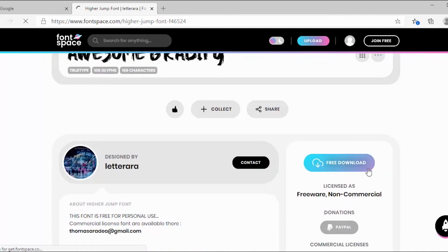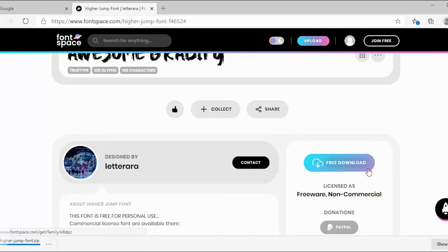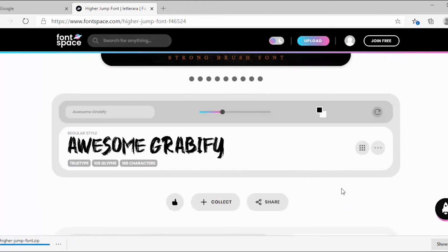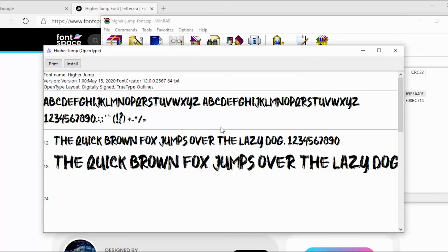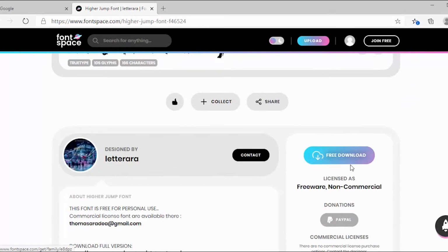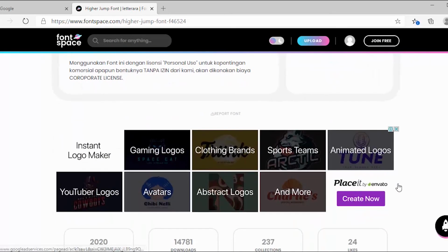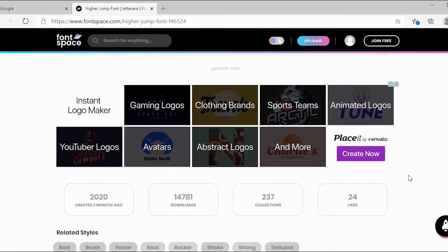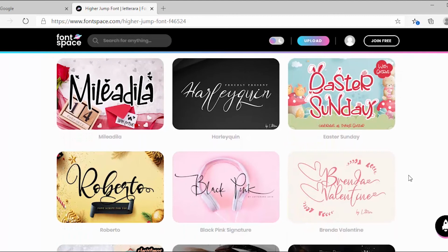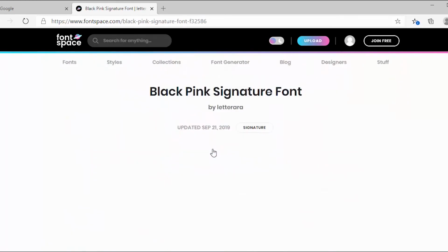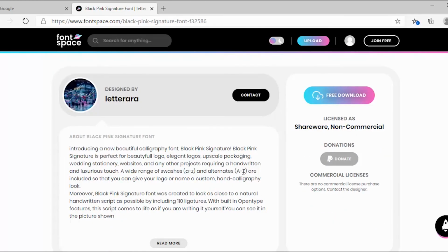You can click here to download. You can browse numerous fonts here and download it for free.